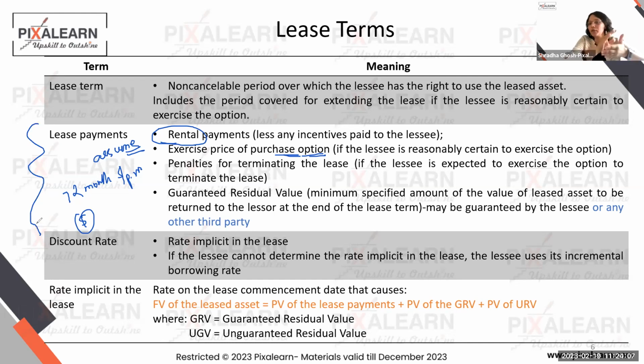So understand whatever you get, let the incentive spread out throughout the tenure of the lease. If there is a purchase option and nothing is given to you, you will always assume that the lessee is going to exercise that option. If there is a penalty for terminating the lease, let's say you will have to give X number of dollars every month if you are terminating the lease X number of months earlier.